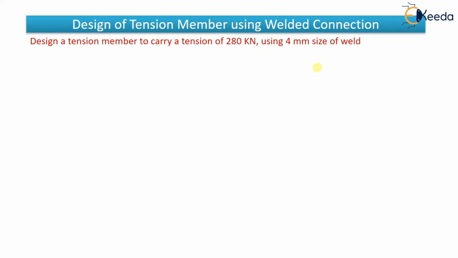So what I will do, first I will try a section, because they have not given any section. So the first thing that I should do is calculate the section, means what type of section I should use. I'll be using an angle section. So for that, the first step I will take is like this: try section. Now what is this? Let me tell you.